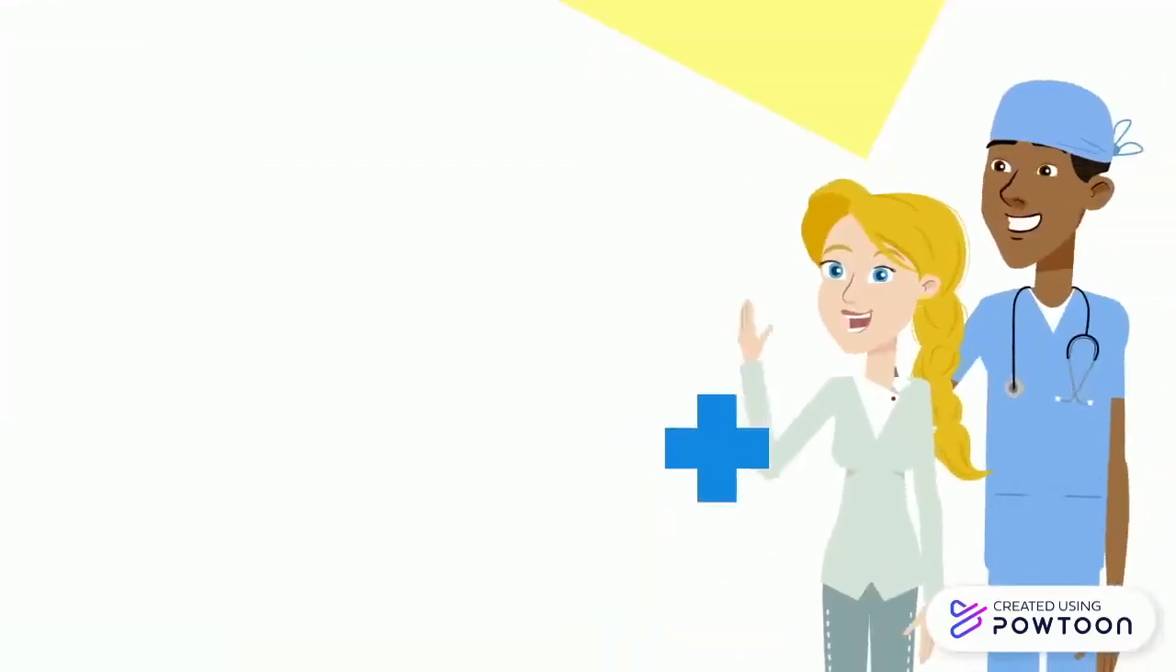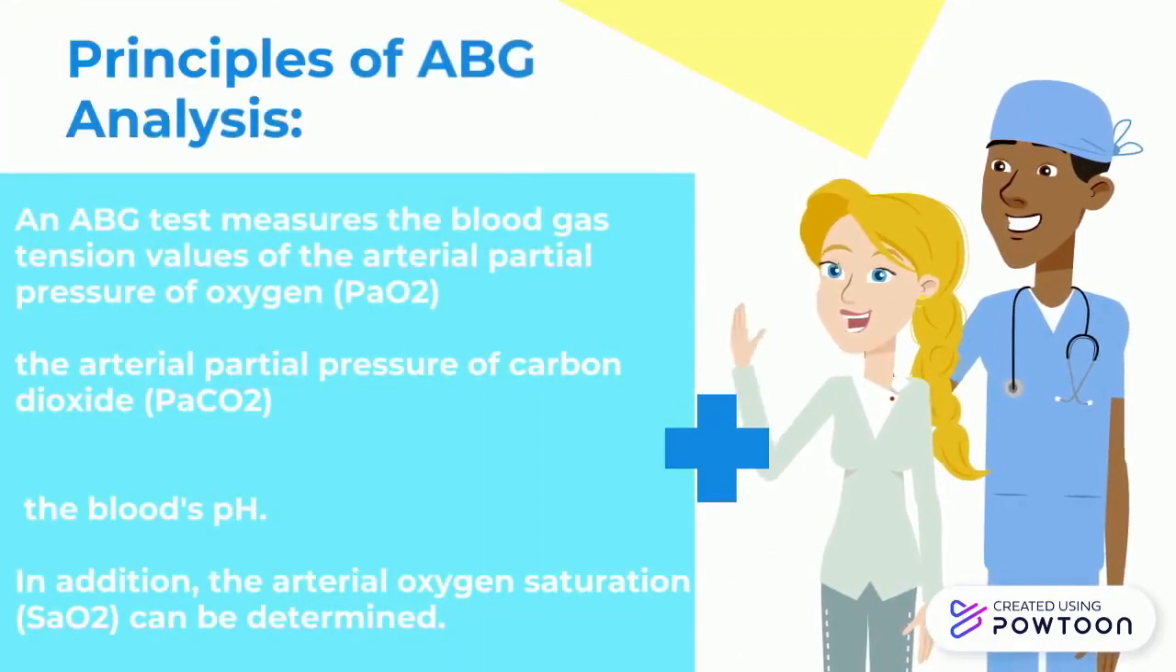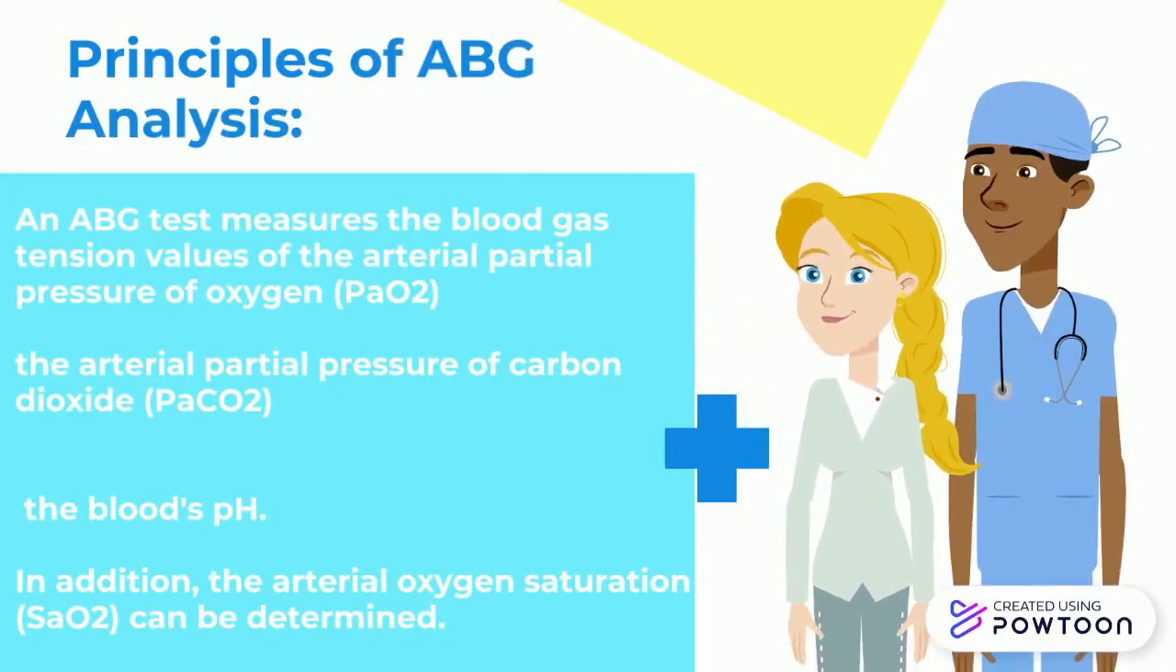For principles of ABG analysis, an ABG test measures blood gas tension values, arterial partial pressure of carbon dioxide, blood's pH, and arterial